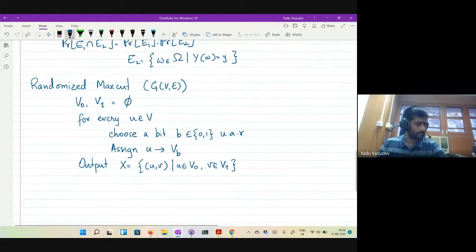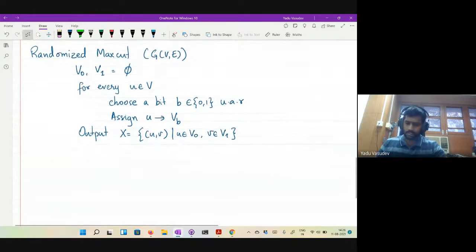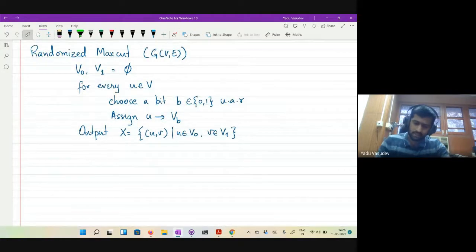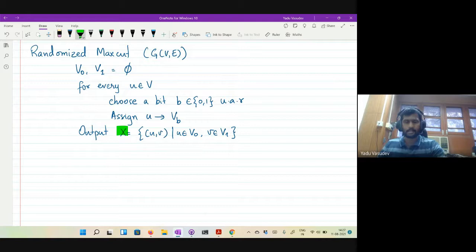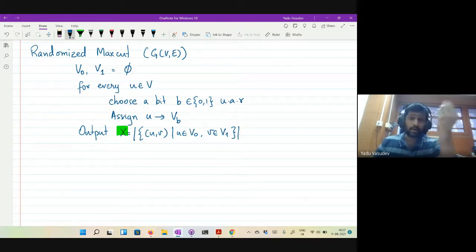All right, so let's try to understand this. What are we interested in? We are interested in this random variable X, and we want to know its properties. In particular, we want to know the probability that its output is a max cut. Maybe this is a number, the cardinality of the set. Now the question is, what is the probability that X outputs the max cut?